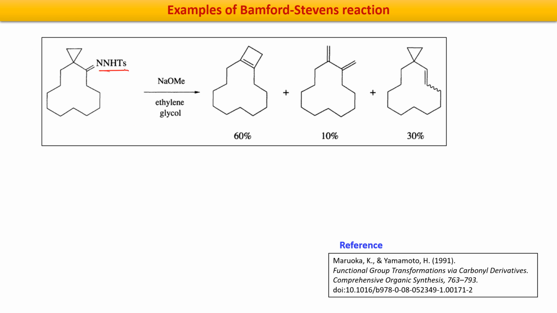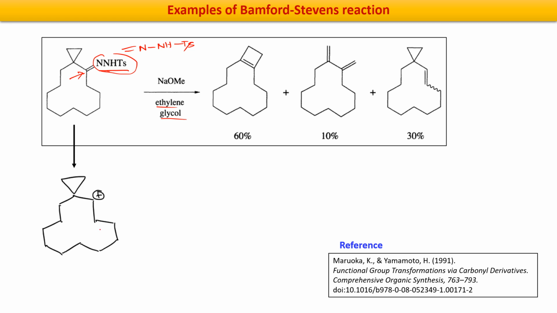Now this NNHTs, if I write it elaborately, it will be like this. So it is NNHTs. In presence of ethylene glycol, which is basically a protic solvent, there will be the carbocation mechanism. So in this position, the positive charge will be generated. In the same position where C=N is present, there will be the generation of this positive charge, and you will get this type of carbocation, right? Now this cyclopropyl is not very stable. So this C-C bond can migrate here, you will get some 4-member type of ring. Now after this 4-member ring generation,